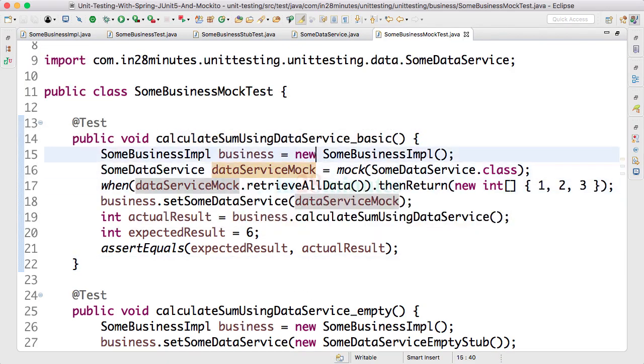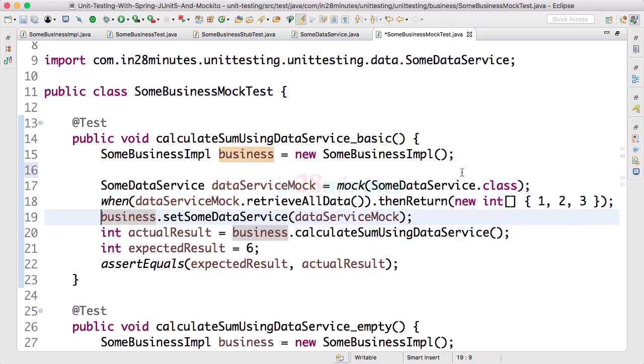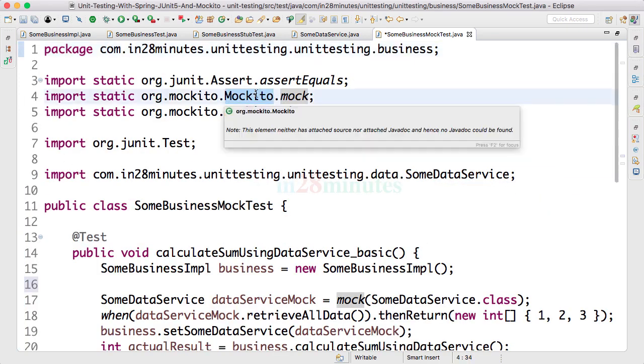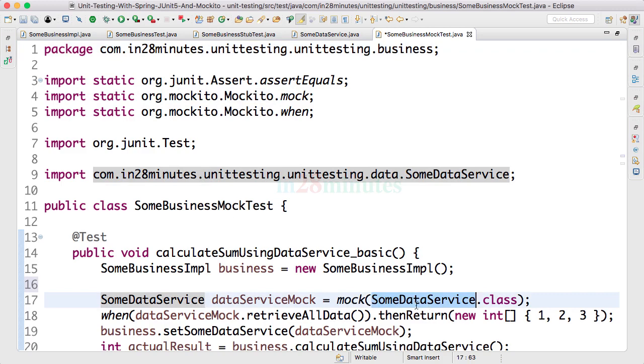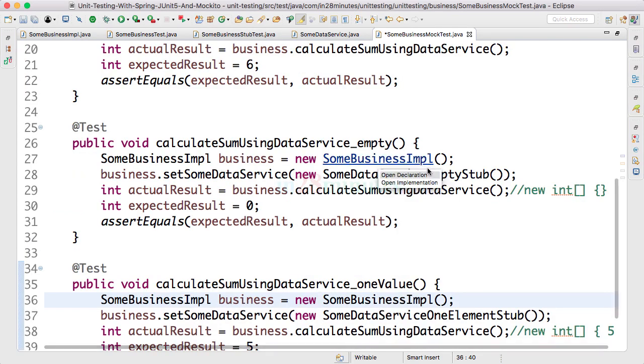So let's take a pause and look at what we did until now. Instead of creating a stub like in the earlier test, we created a mock. And how did we create a mock? We just called a mock method which is present inside the Mockito class. A mock is a static method inside the Mockito class. So we call Mockito mock of some data service class and this returned back to us a mock. And on the mock, we used a when method to say when this method is called, return this data back. So instead of creating the entire definition of this stub like we did in here,